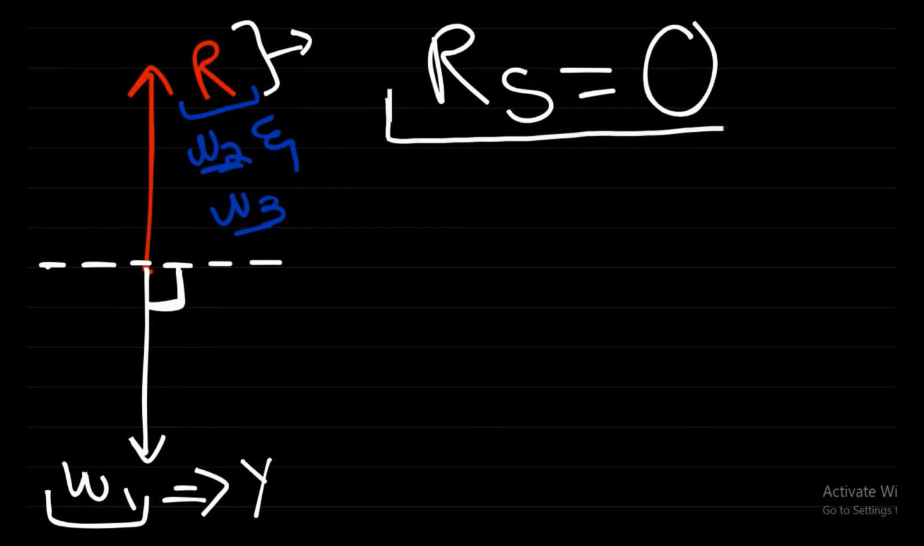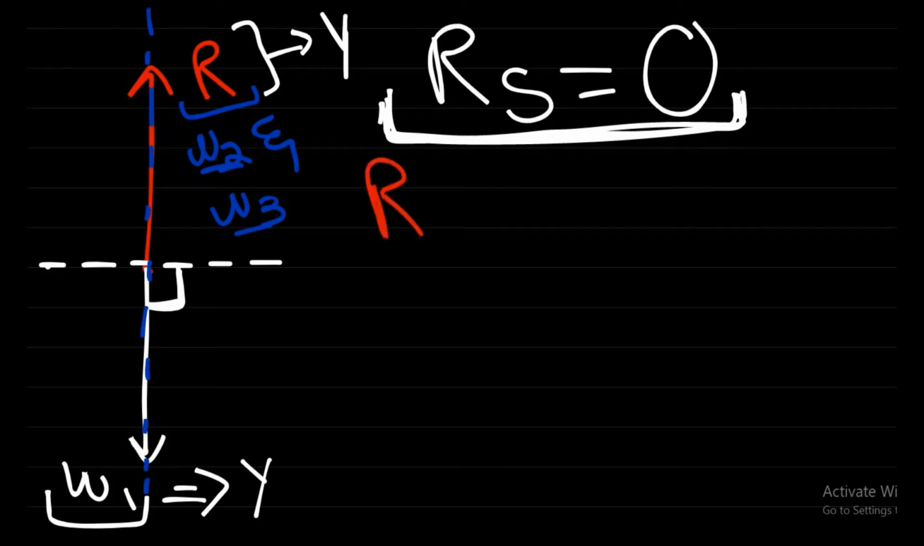from our observation of our physical system, we know that resultant of our system has to be equal to 0 because everything was in equilibrium. So you can safely say that R also only has a Y component. So both W1 and R, they both only have Y component. So again, you can safely say that they're both acting on the same line of action. So you can find the resultant by taking algebraic sum of